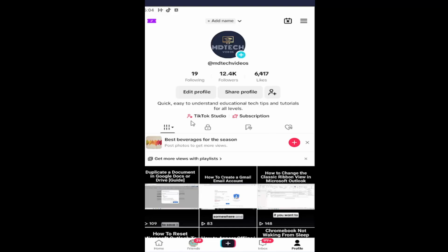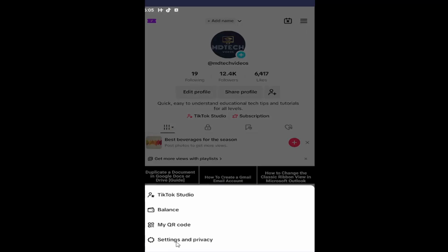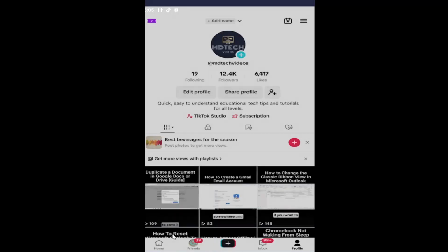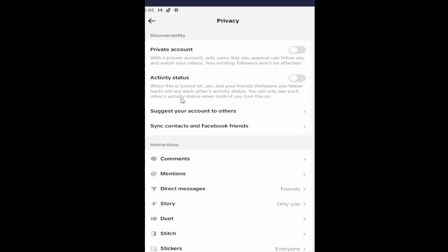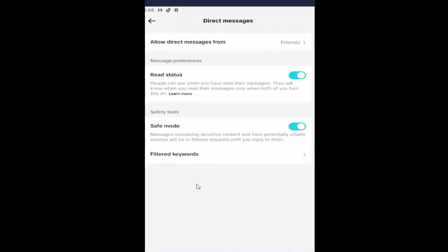So all you have to do is open up your TikTok profile page. If you're unsure how to navigate to this, just select the profile button at the bottom right, and then select the hamburger icon at the top right, left click on it, and then select Settings and Privacy. Underneath Account, select the Privacy button, and now underneath Interactions, select the Direct Messages button, where it says Message Preferences,